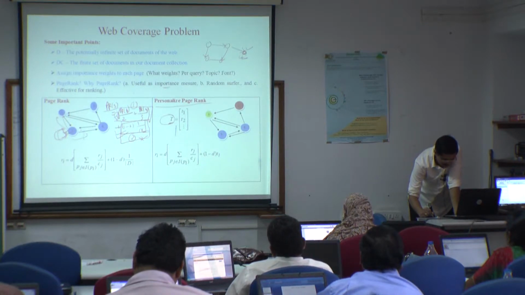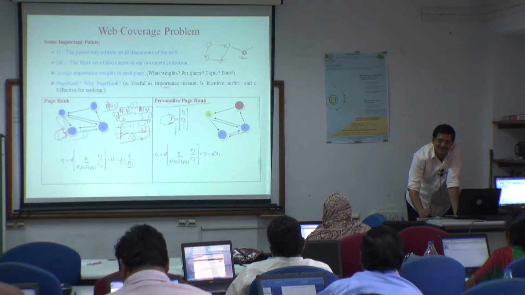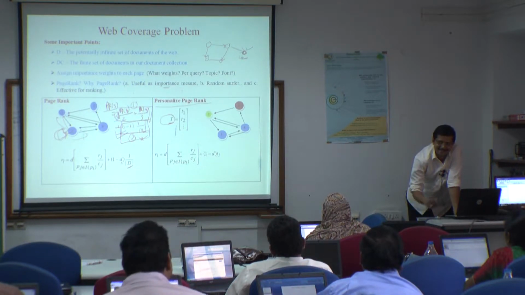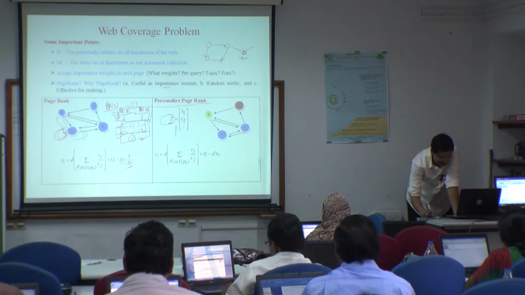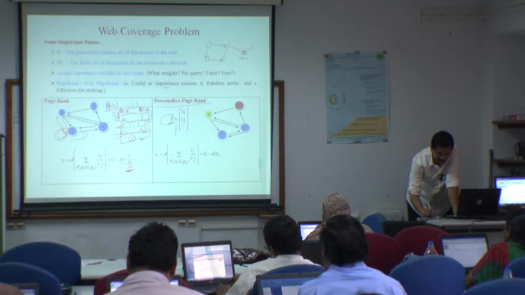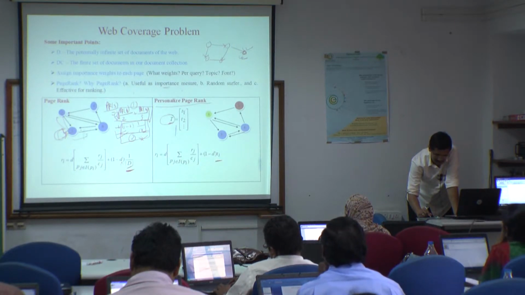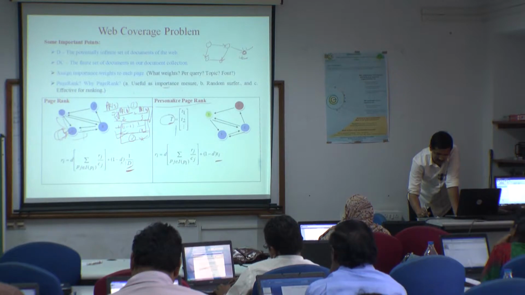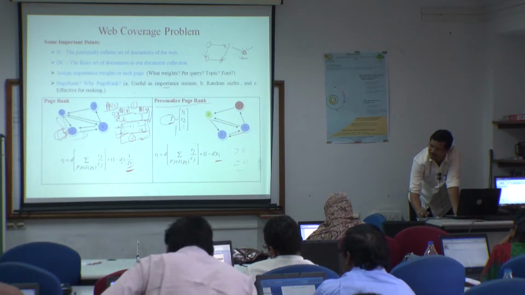Here the probability is 1 minus D. Just try to recall what is D. Now here we provide equal probability to jump from anywhere to anywhere. But here this is not so. We are biased towards some nodes: if a node belongs to Ti, then the probability will be greater than 0, and for other cases it will be equal to 0 or some very small quantity.